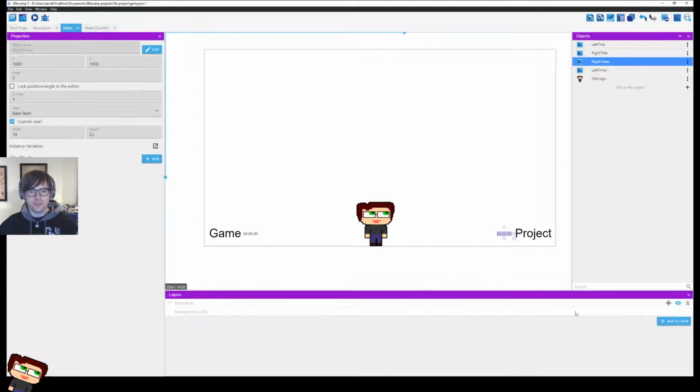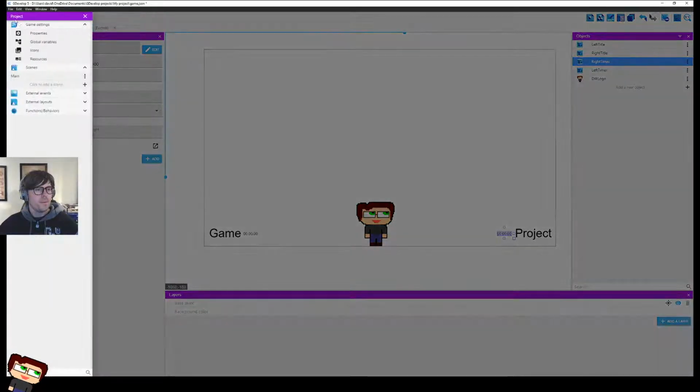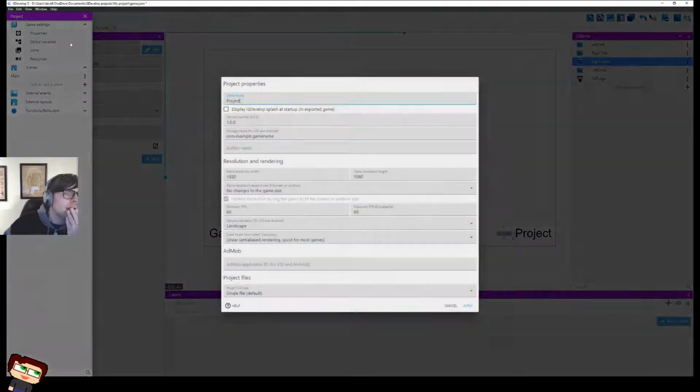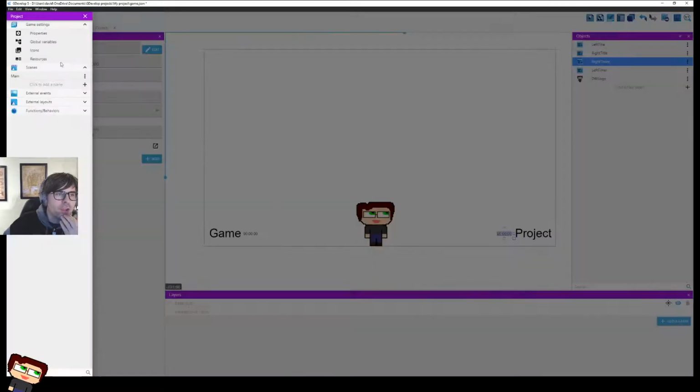So I can't do it with the background layer, background color. It's forcing me to set a background color. Properties. Resolution, rendering, blah, blah. Yeah, this is not going to be the obvious thing, clearly. Functions, behaviors.